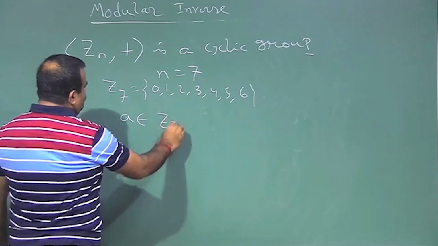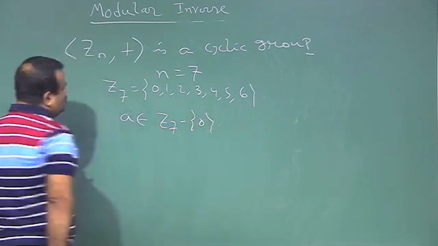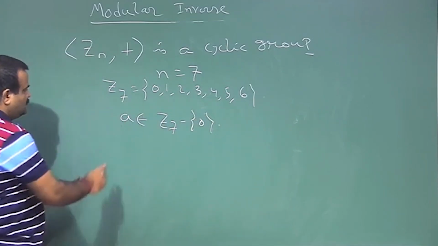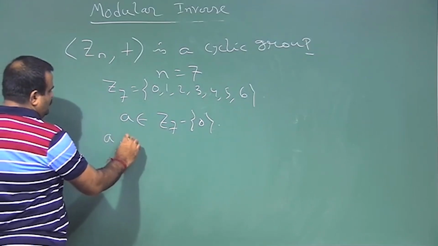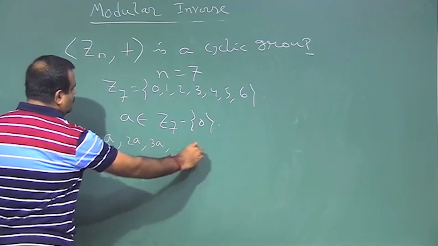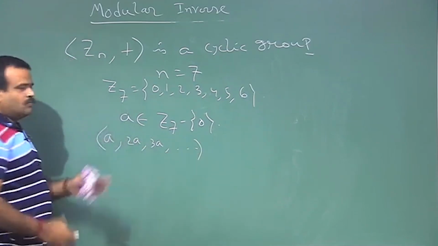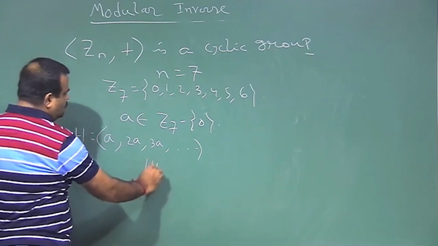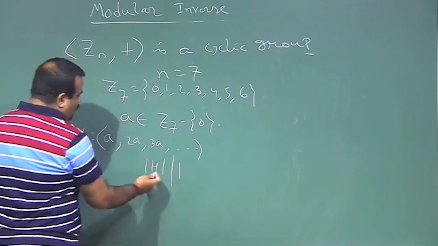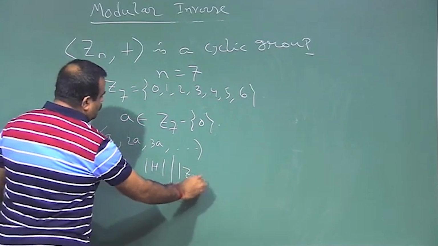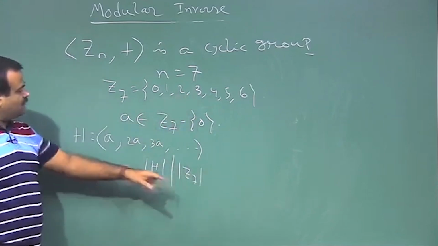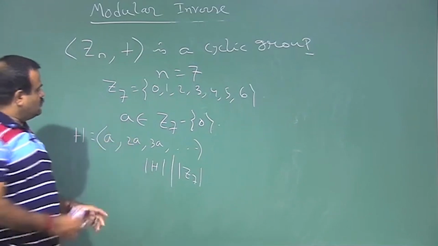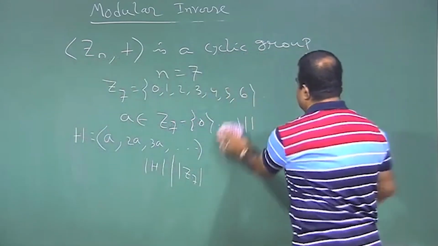So if we take any element other than 0 and generate a group by this A, that means A plus A, that is 2A, we define 3A, like this. This will form a group, say this is H. We know the order of the subgroup must divide the order of the group, but the order of the group is 7. So 7 is a prime number and should not have any factor. That means H should be equal to the whole group